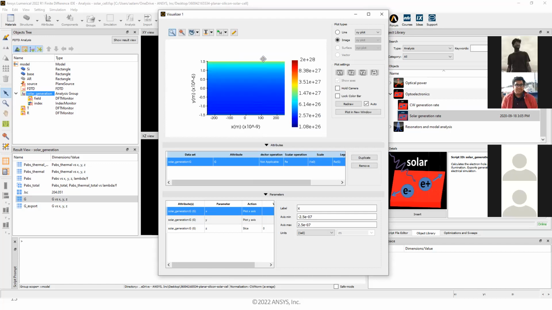So you can see that most of the light is getting absorbed right at the surface of the solar cell. And so before, when we talked about recombination rates, usually you have an interface between surface grown oxide and silicon at the top surface, which can create some recombination centers. Since most of the electron hole pairs are getting generated here, the surface recombination at this top surface can be very critical. And so you need electrical simulations to account for that.